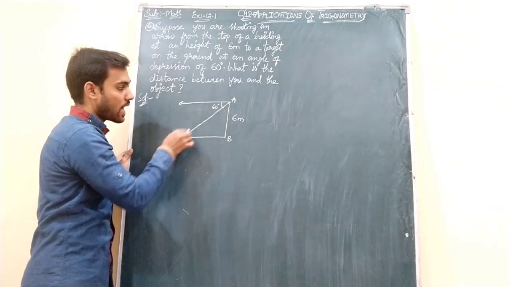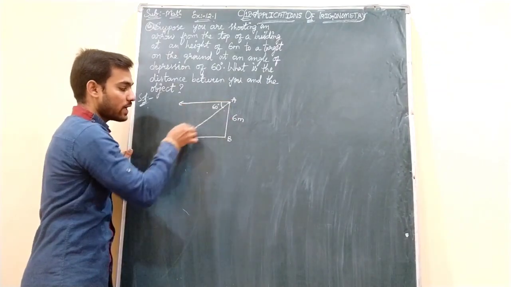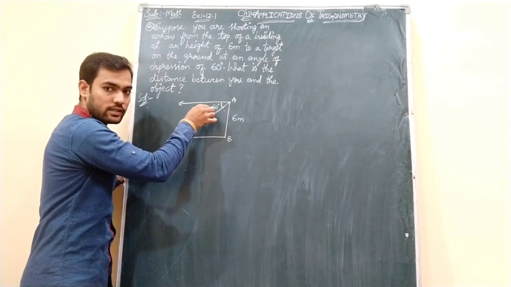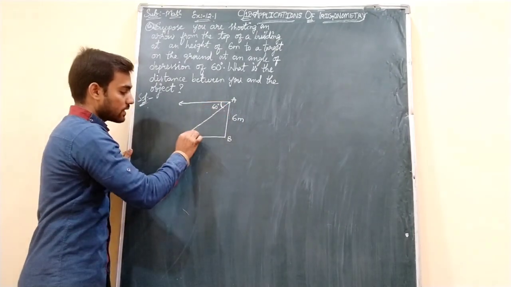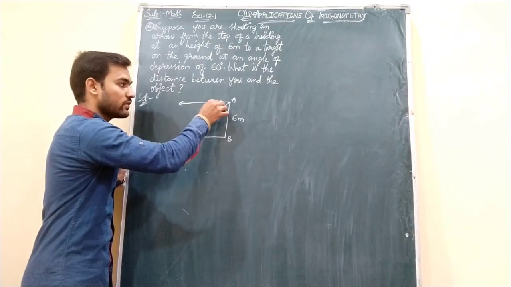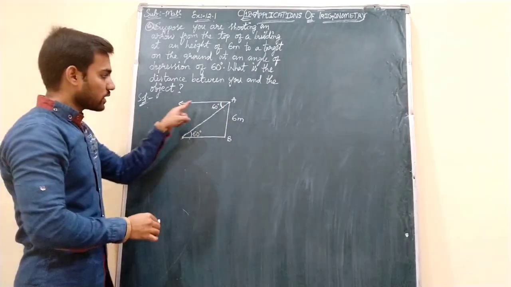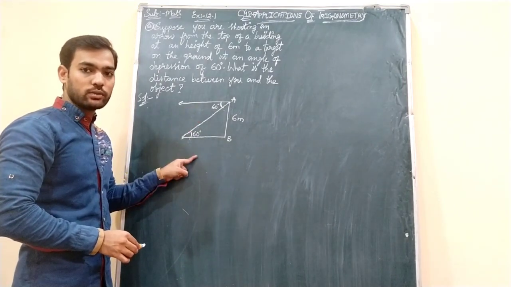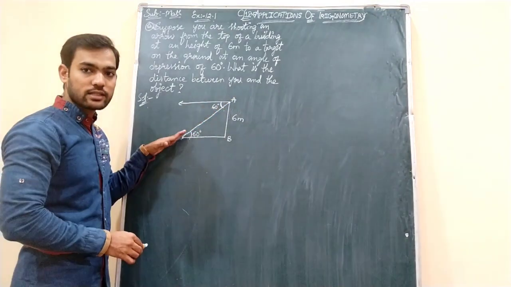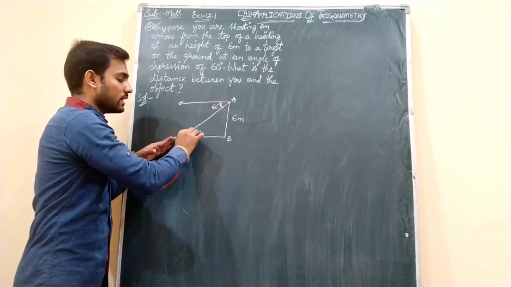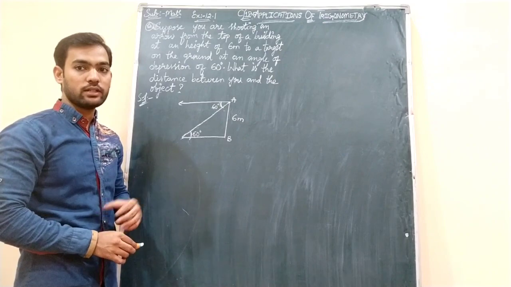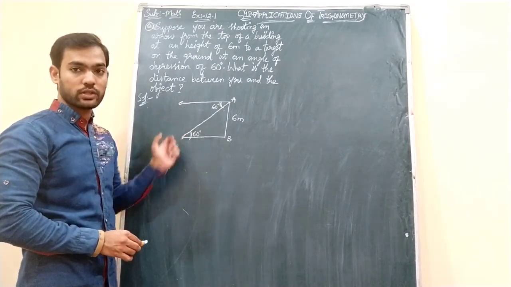Understand students? So the angle between the horizontal and line of sight, if the line of sight is below the horizontal, then this is known as angle of depression. So if this is 60 degree, this is also 60 degree, because the triangle is not forming over here, the triangle is forming over here. So if this is 60 degree, then this is also 60 degree, because the horizontal that you are drawing is parallel to this ground. Okay, so when the two lines are parallel, this line of sight is acting as transversal. So if this angle is 60 degree, this is also 60 degree with respect to the property of alternate angles. Okay, this you have learned from 7th class onwards. You are going on learning about these alternate angles.